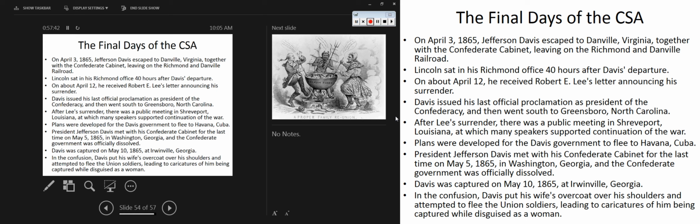And then sort of the final days, Davis escaped to Danville. The Confederate cabinet sort of split up. Some of them took off in their own separate ways. Some of them joined him. Lincoln, when he arrived in Richmond 40 hours after Davis's departure, sat in Davis's office in the White House of the Confederacy. On April 12th,